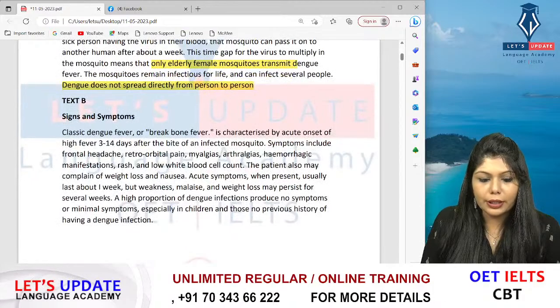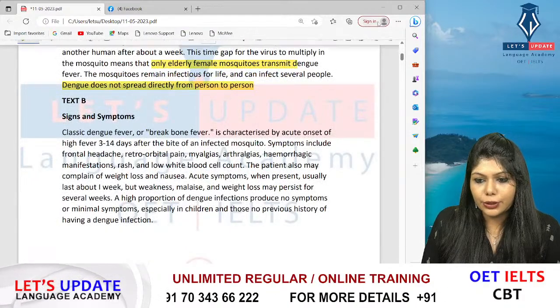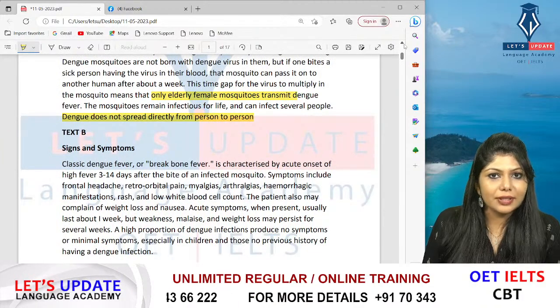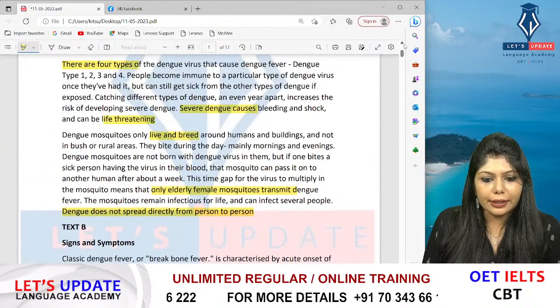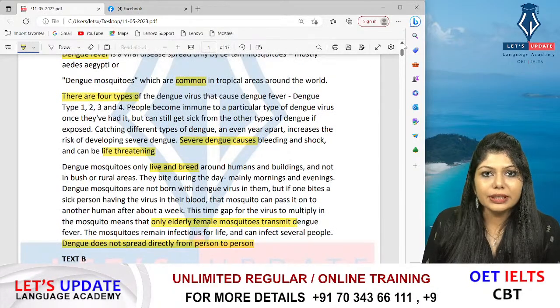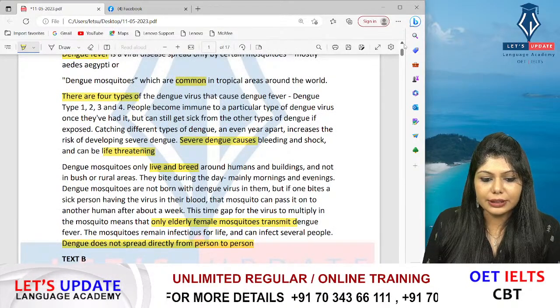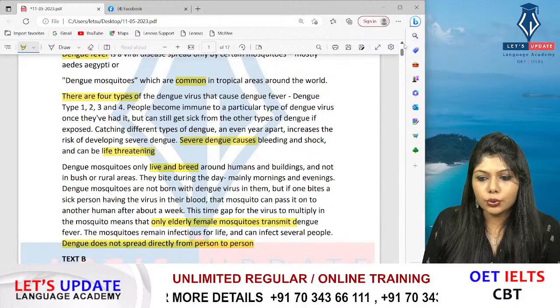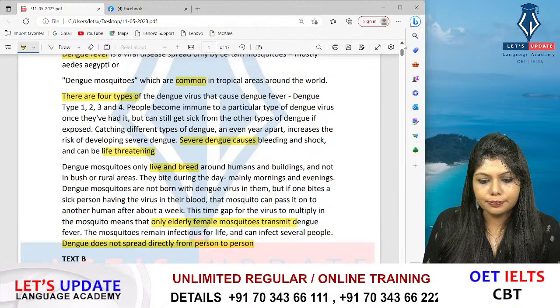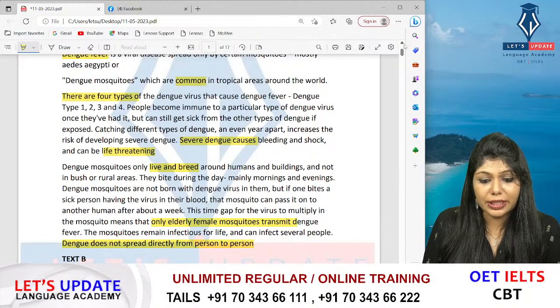Okay, so moving on. So that's about text A. Okay, so text A, what was the information we gathered from text A? That we have this definition. Okay, and we got this information that there are four types, and then what the severe case causes and how is it life threatening,